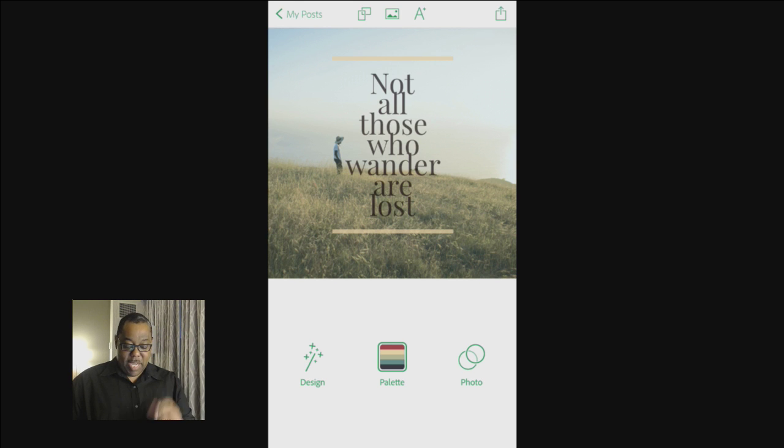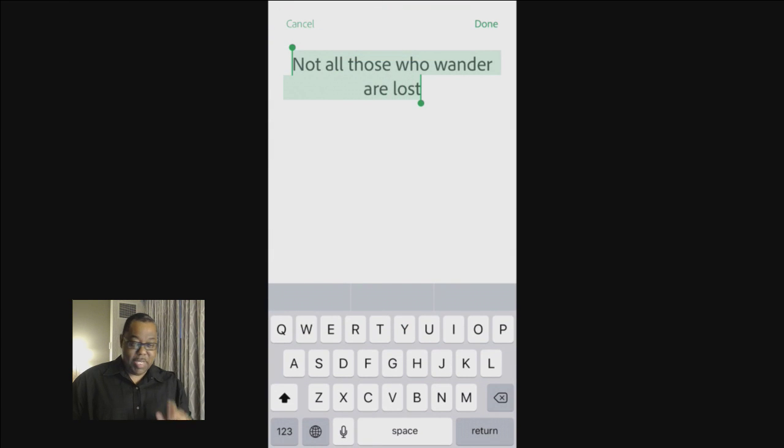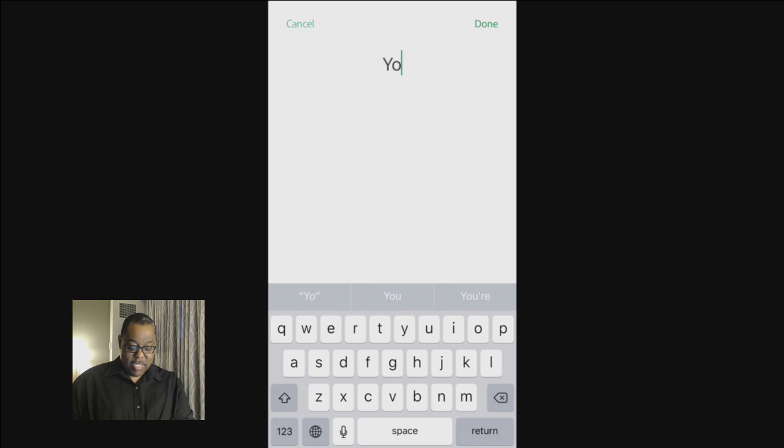Okay, so now that I'm into this design, I can pick any part of it that I want to change. So for example, if I tap on the text, obviously I could type in different text. I could change what the text not only says, but I could also change the design of it. So I'm going to go ahead and double tap to get into the text. And I'm going to type in a quote I saw earlier today. And it said, you don't have to